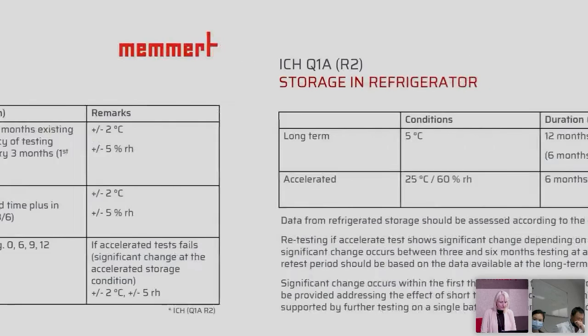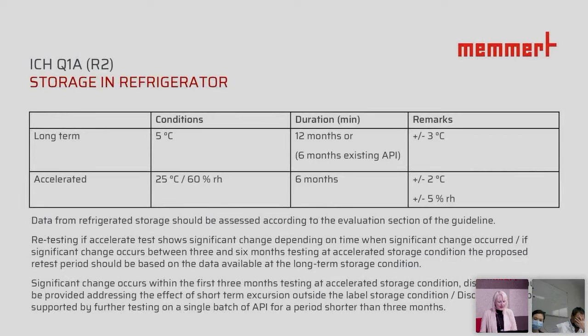Yeah, let's go further. We have here different chapters. So that means storage in refrigerator. If the goods are for storage in refrigerator, then the long-term conditions for testing will be 5 degrees with a limit of ±3. And the accelerated testing will be done at 25 degrees, 60% RH. And here we have the limits of ±2 degrees and humidity